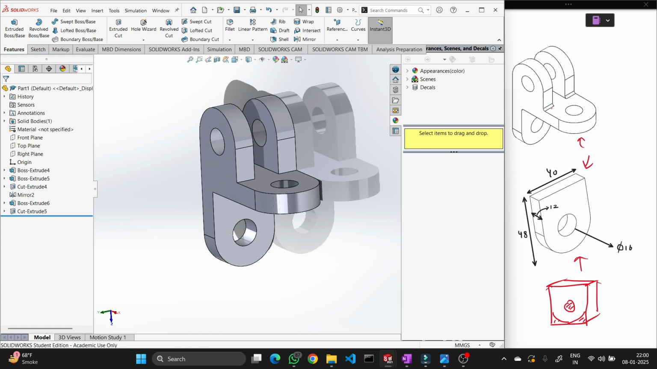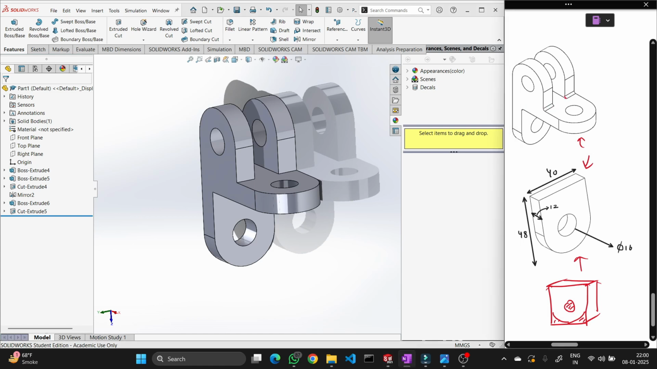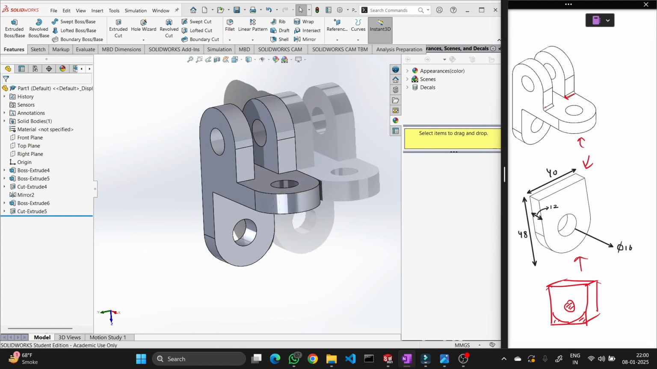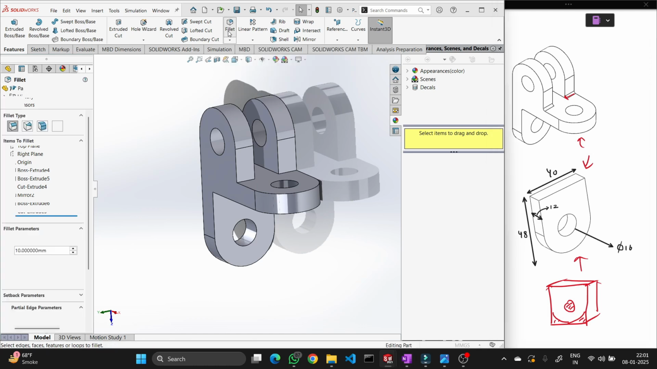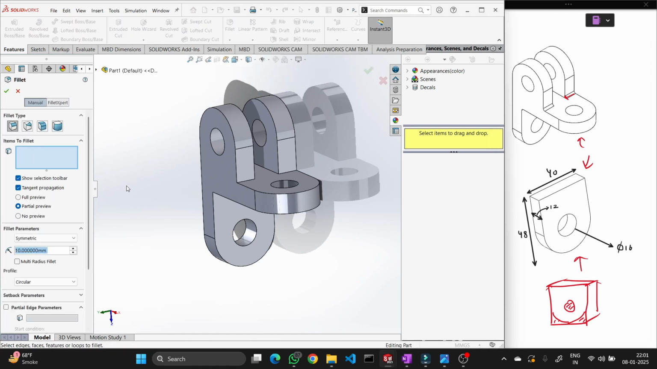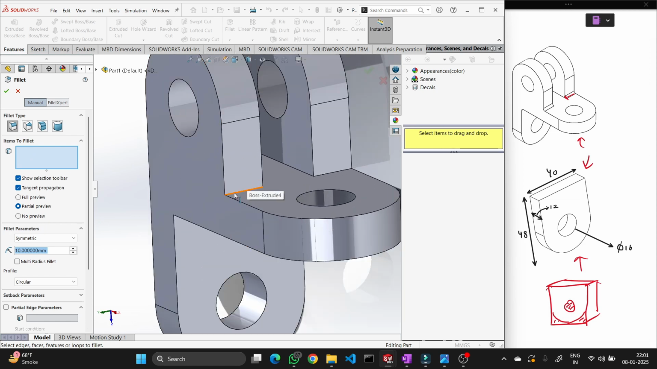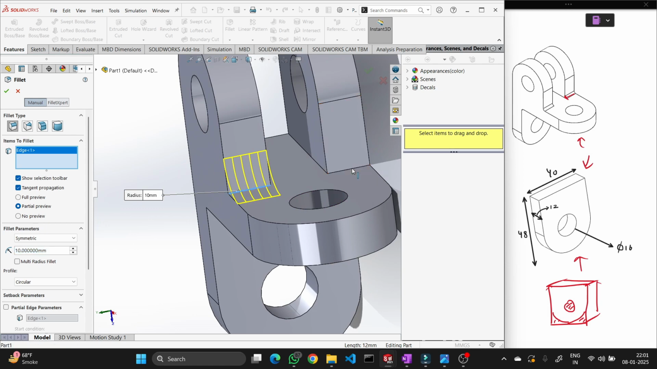If you see here carefully in the model, this part is forming a curve like structure. It is basically converting this sharp edge part of the model into smooth curves. So to do that, we use fillet. It basically converts the sharp corners of any model into smooth curved surfaces. I will select fillet. So we have to select the part that we want to fillet. This part, this part,